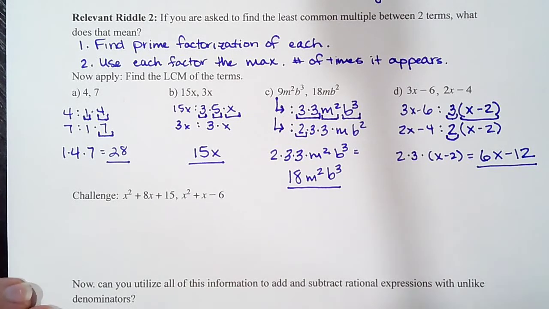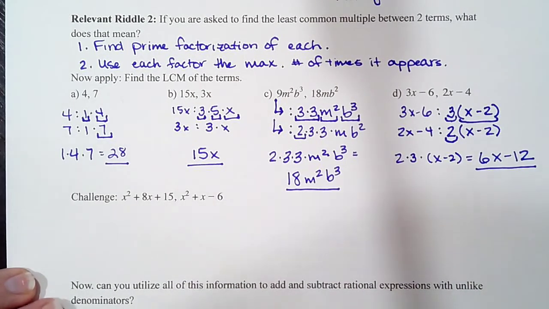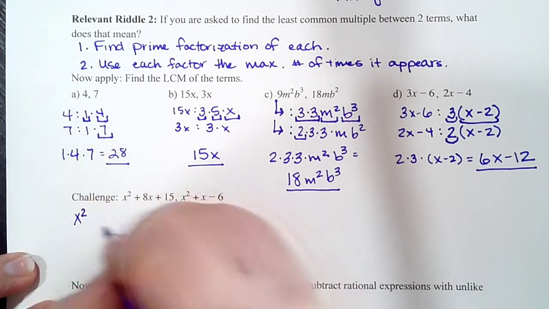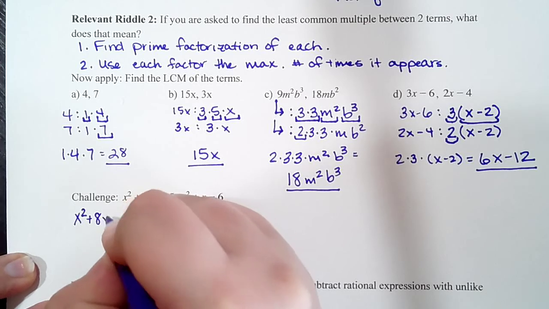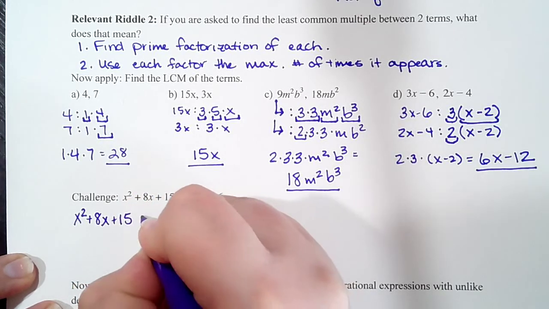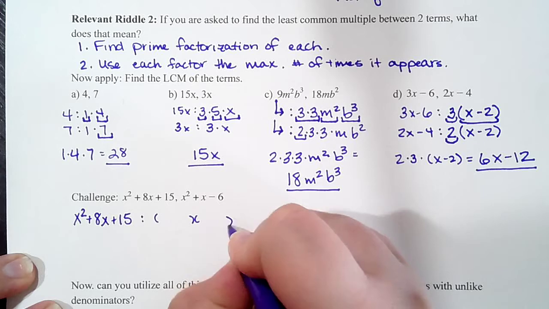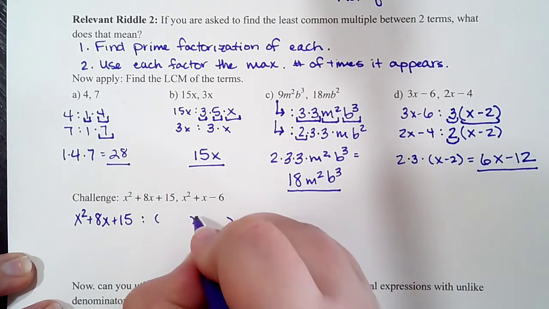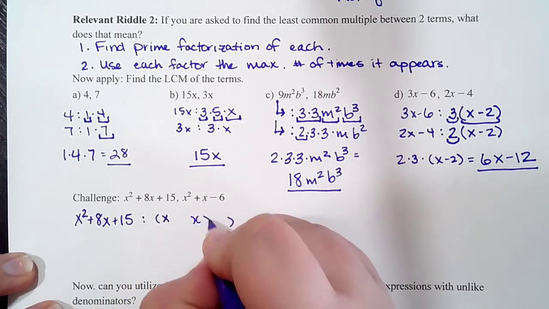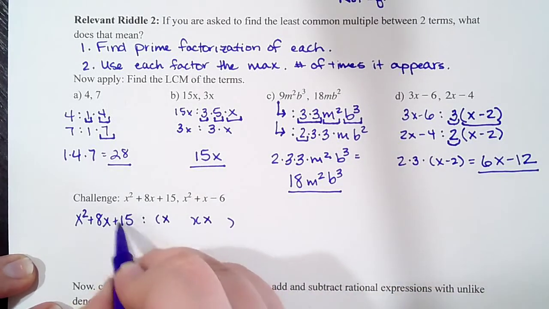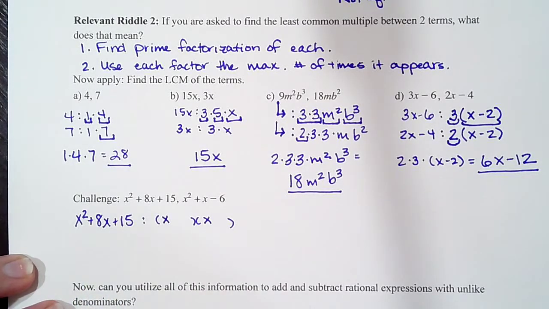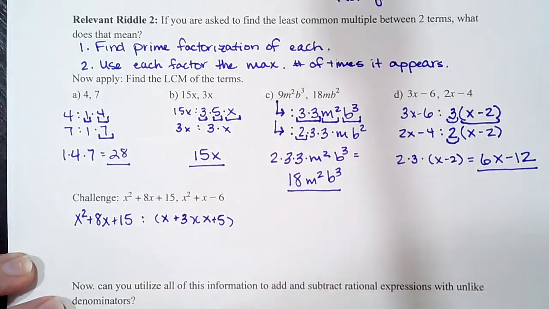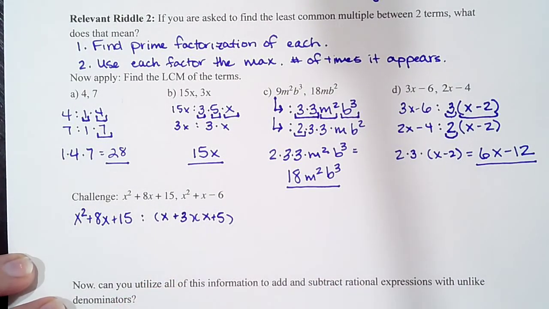All right, hopefully you had a chance to at least try for step 1. If you got step 2, awesome. If not, totally okay. To find the prime factorization, we're going to need to factor this. Factoring involves those 2 parentheses that we're used to. No number out in front means I don't have to do an x puzzle. I can simply write x and find what multiplies to 15 and adds to 8. In this case, a positive 3 and a positive 5 will do it,